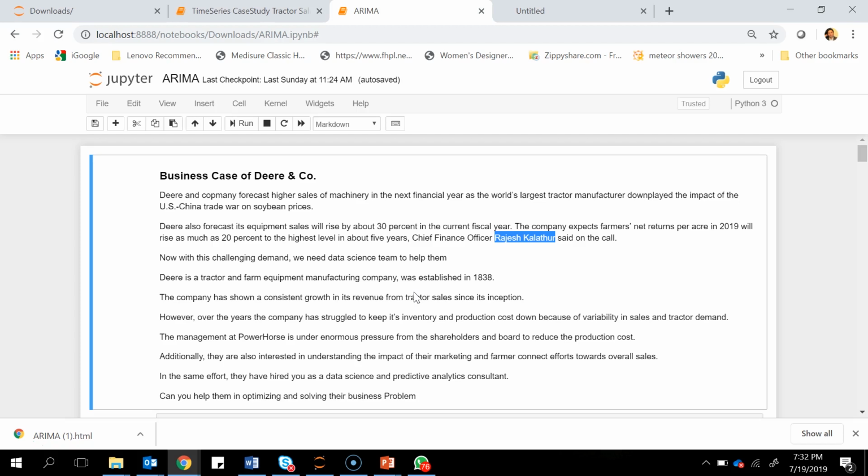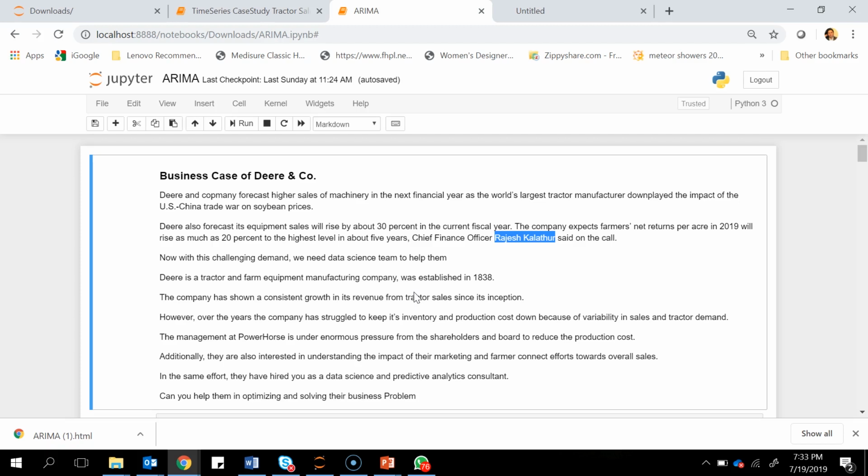Now, the problem that the company is facing here is that they have some amount of revenue from the current fiscal year. They're expecting some revenue coming in from the next year. What they want to predict is what kind of fluctuation they can expect in the sales, over the coming years or over the coming months or quarters, so that they can optimize their production. They can keep their inventory cost low, and also understand what kind of consumer behavior is out there. Because if we really need to understand the number of tractors that the company should be manufacturing, we should be looking at the demand in the market, right?